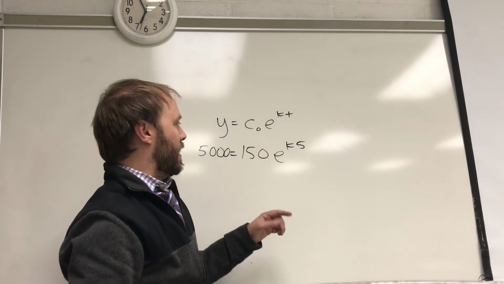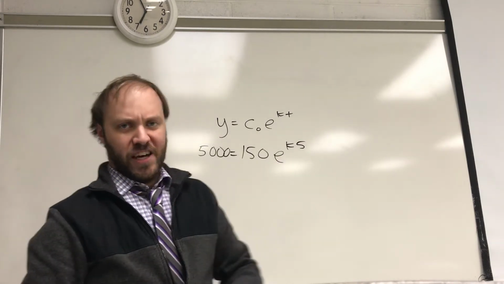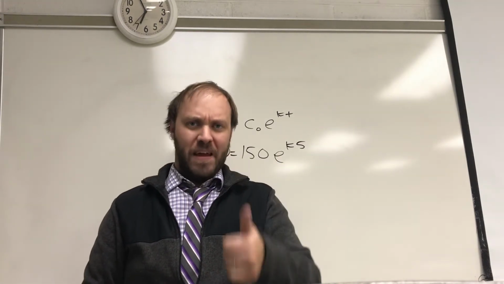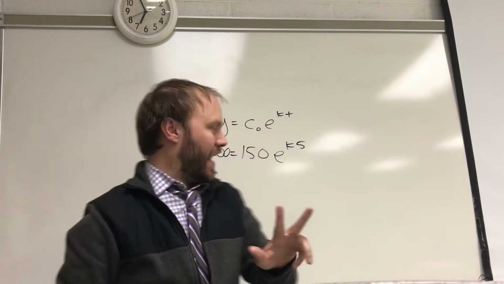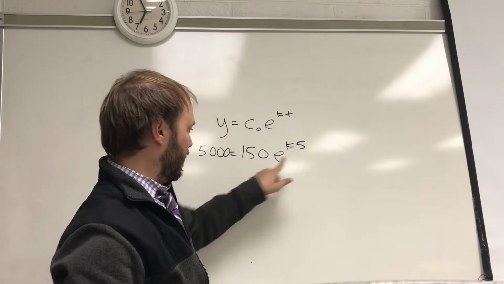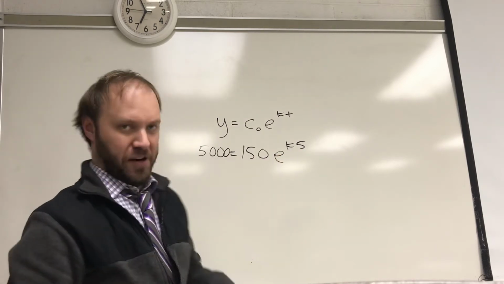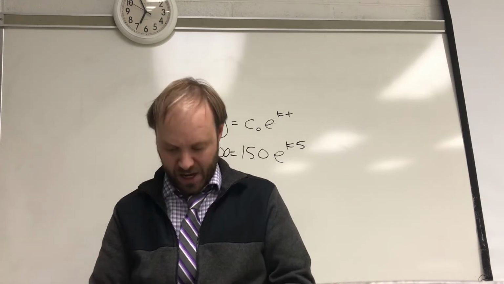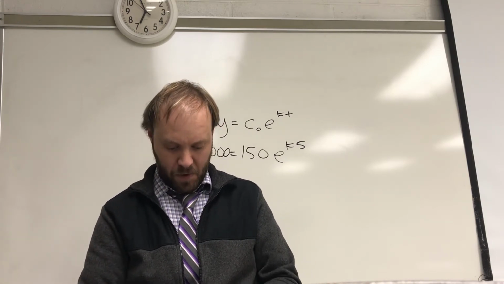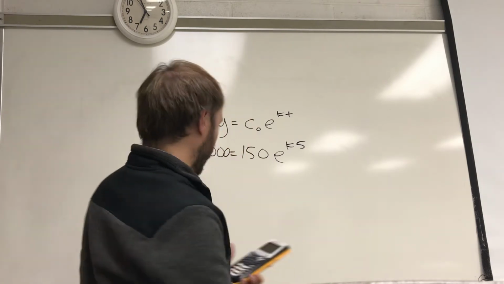Couple of things here. We have an exponential equation here. Exponential equations, you want to have a base and an exponent and a result. 3 things, okay? I right now have a base, an exponent, a result, and a coefficient out here. You don't want to have a leading coefficient. You want to get rid of that coefficient. So divide both sides by 150, okay? And if you divide both sides by 150,